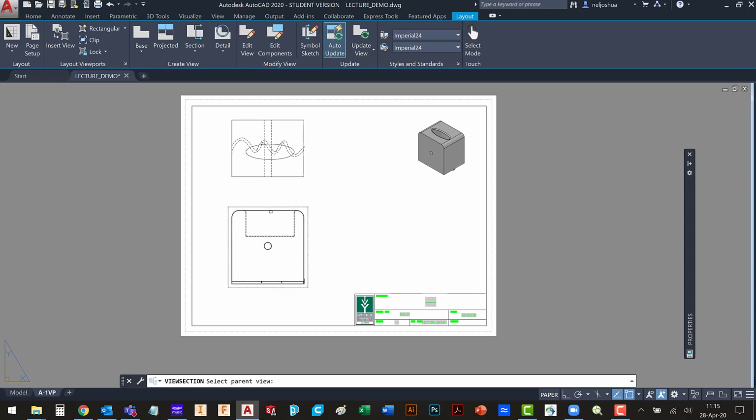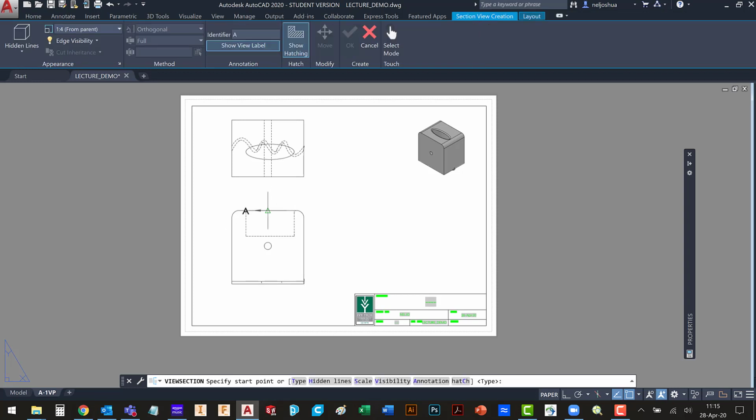Once I click on Section View, it's going to first ask me what view I want to create that section view from. I want this view. It's then going to ask me again where I want the section point to start from, and here it's really important to remind you it's probably a good idea to have your object snaps and your snap tracking on so you can pick a point and then move above it. Keep in mind that your section line needs to start off the part and continue off the part as well.